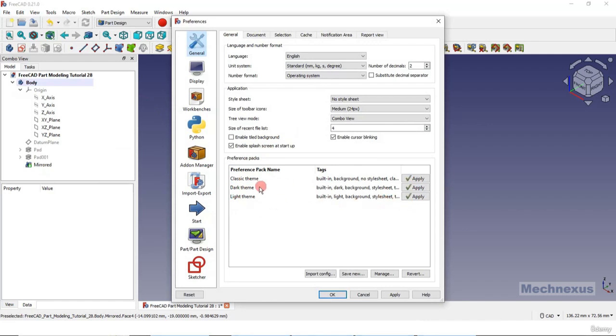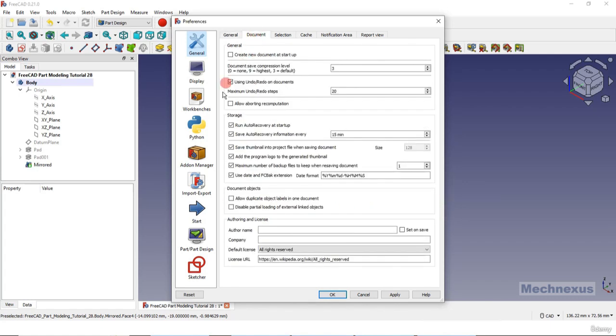And here is the theme pack: dark theme, light theme, and classic theme. You can use any theme as per your requirement. Now go to the document section,